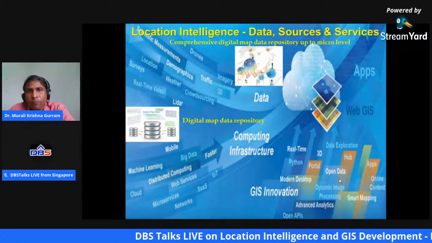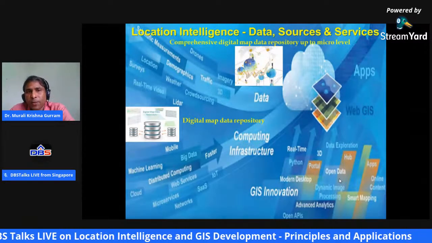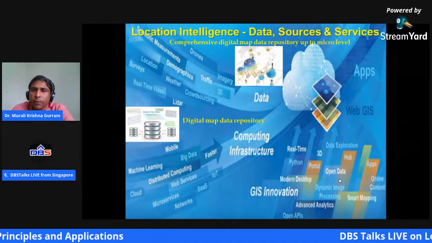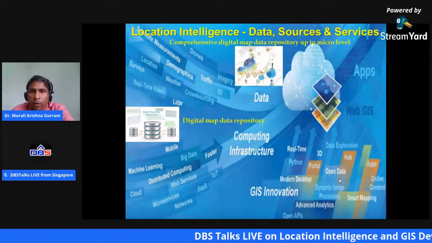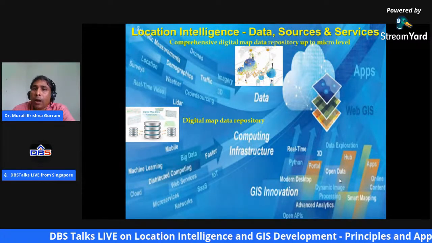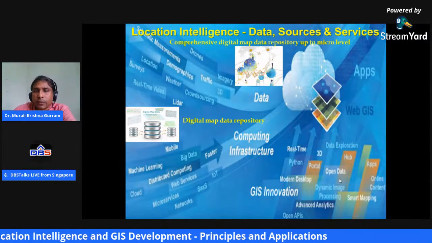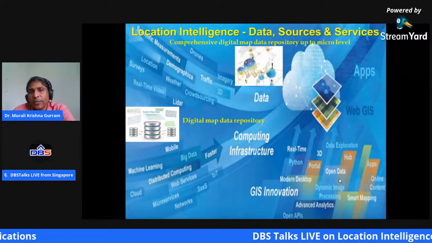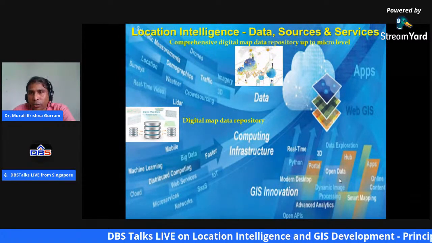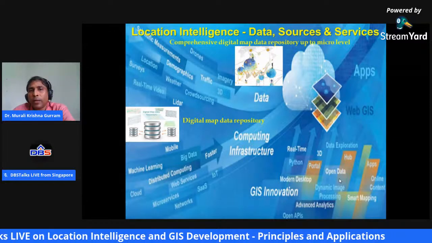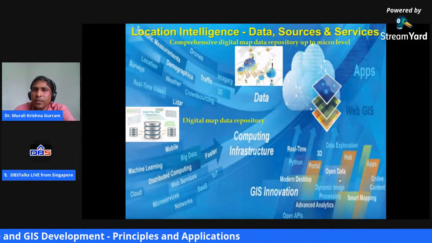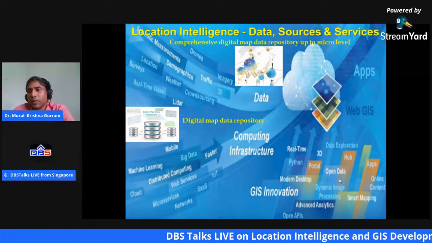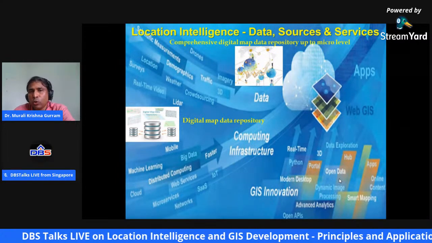So in this particular slide, I wanted to talk more about the data for this location intelligence. What is the data? We already talked about the data and the sources, and most importantly, the kind of services. Here on the top left corner you can see the base data, and where it is coming from. Most of the time nowadays, it is remote sensing data, which can be from a satellite platform, or acquired from an aerial platform, like using drones or aircraft.